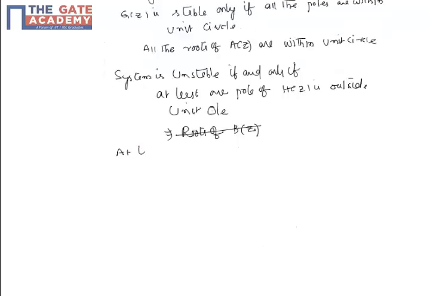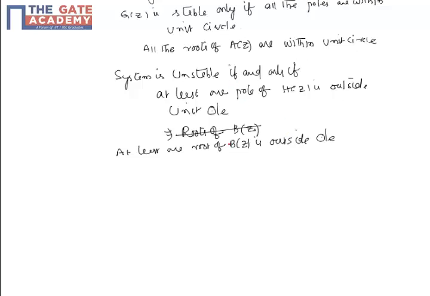At least one root of B of z is outside the circle. So these are the two conditions in order to make the inverse system stable and the system